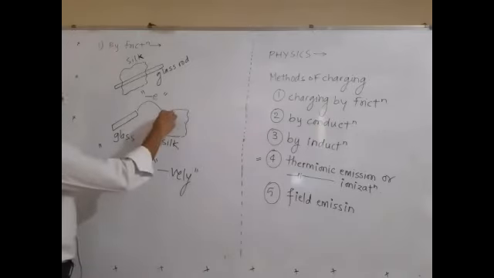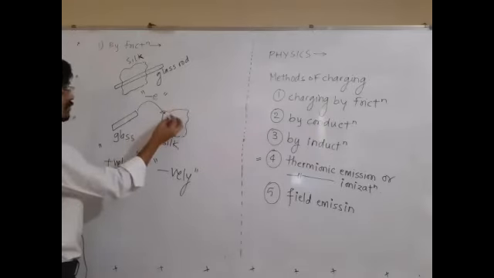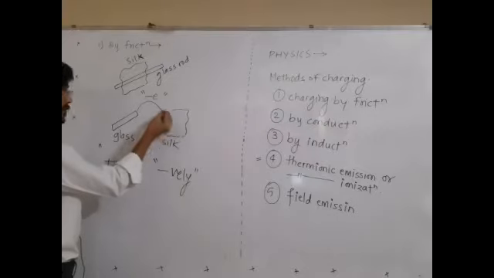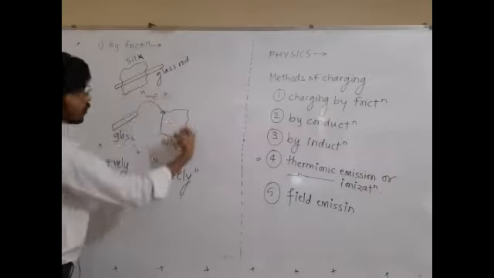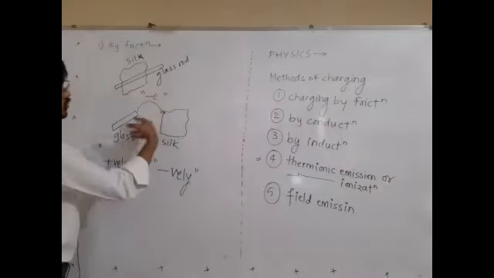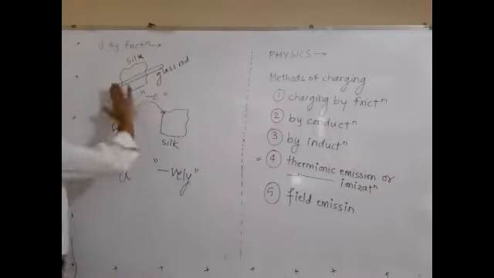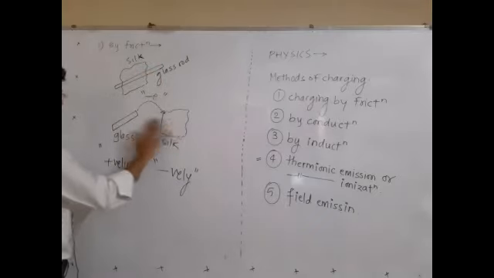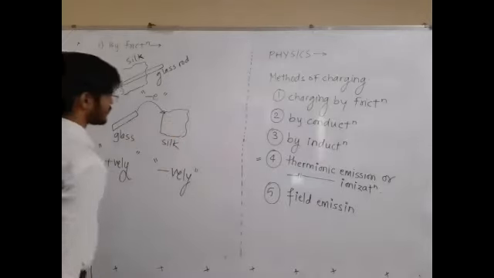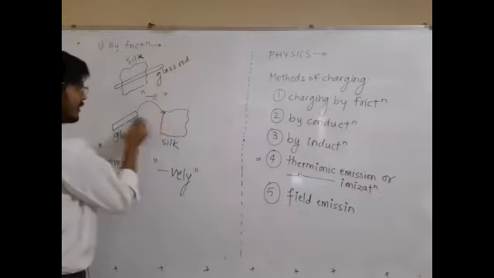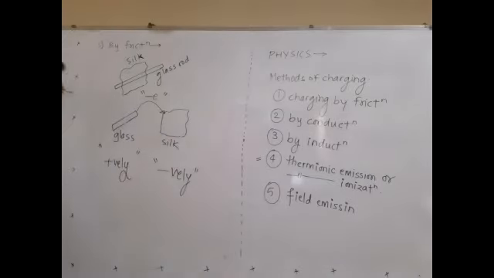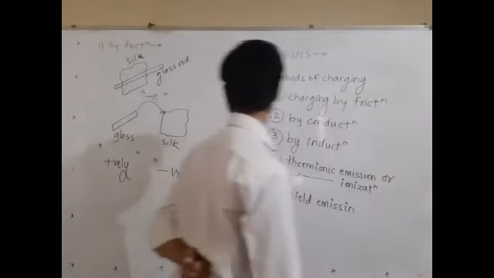If this material has a tremendous tendency to attract electrons, then if you rub that material against another material, it will definitely pull out more electrons. A large charge transfer may even take place, but generally those tendencies are almost equal. One has slightly lower, another has slightly more, so a large charge transfer will not take place. These tendencies to hold the electrons generally differ by a very small amount. This is the reason behind it.